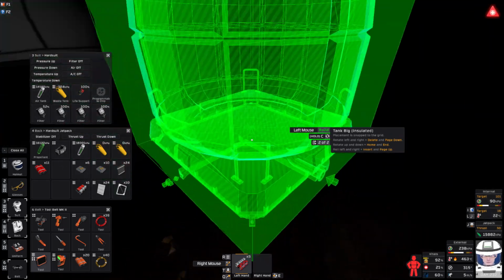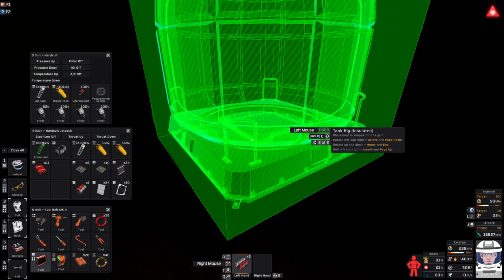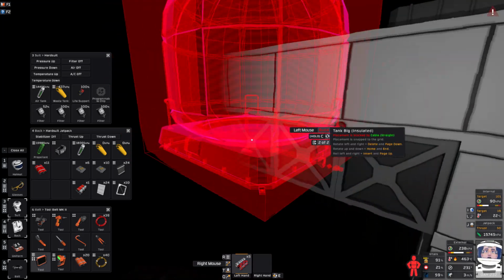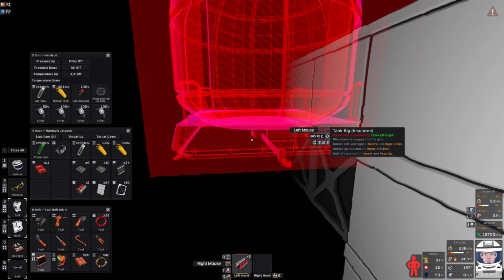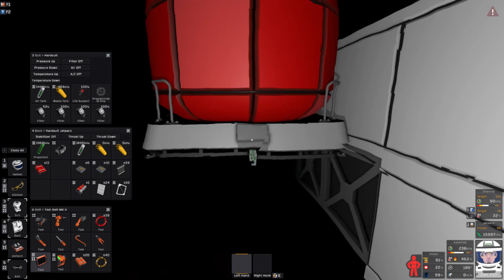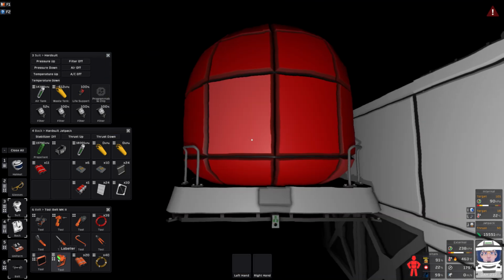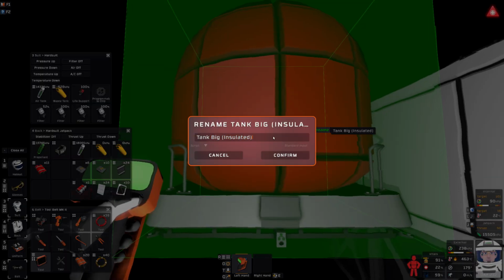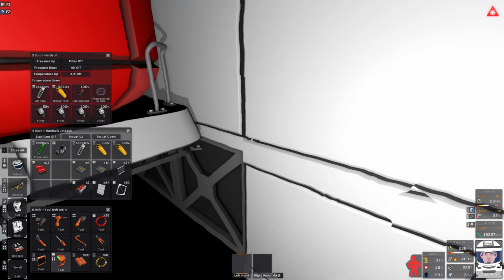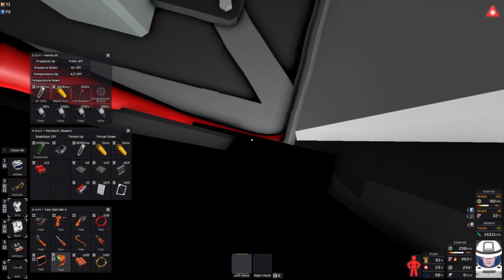Why is the... Oh, it's backwards, that's why. There we go. So, yeah, I mean, we could just stick it out the back here. That isn't a problem if we just do that. Like this. And tank big, insulated, hydrogen. There we go. So we're going to solve the problem of not enough storage capacity for our hydrogen, and we